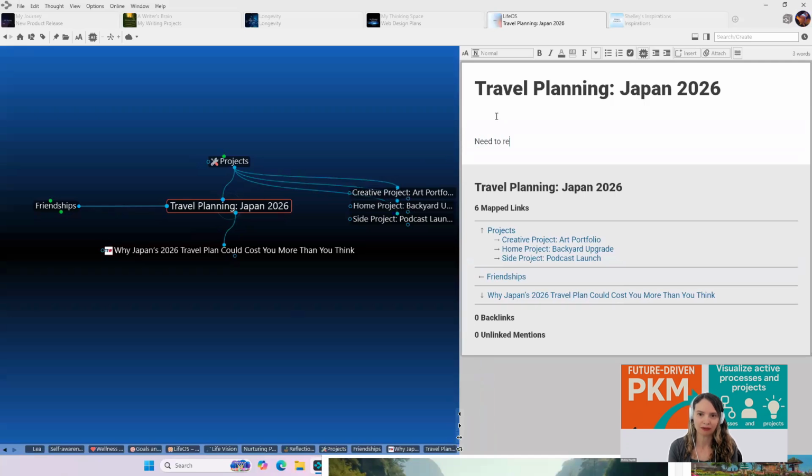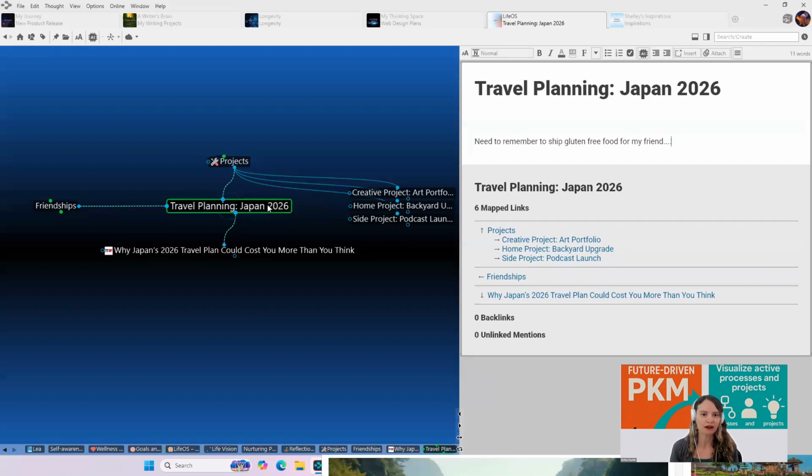Need to remember to ship gluten-free food for my friend, and kind of make this area come to life.